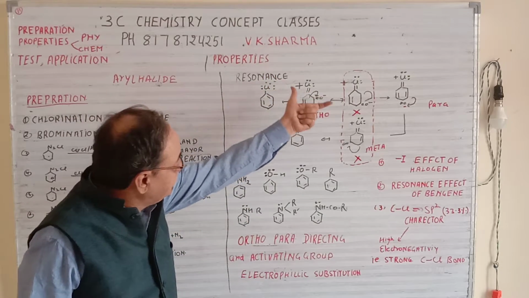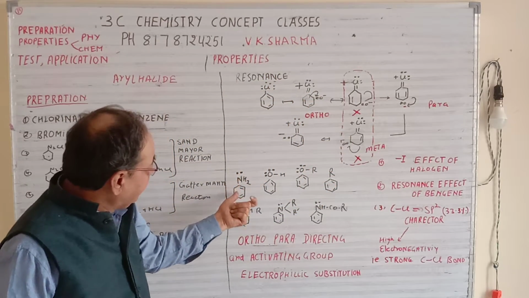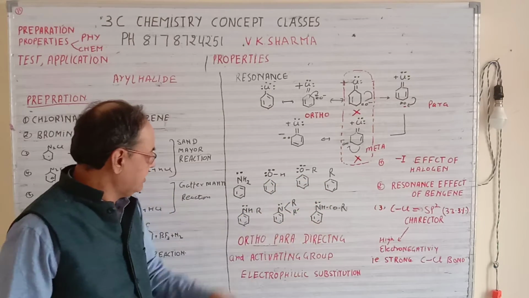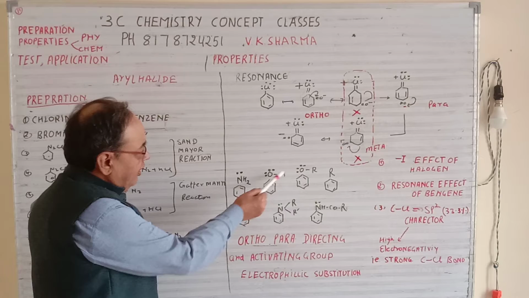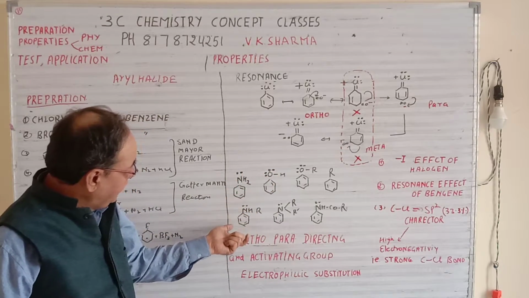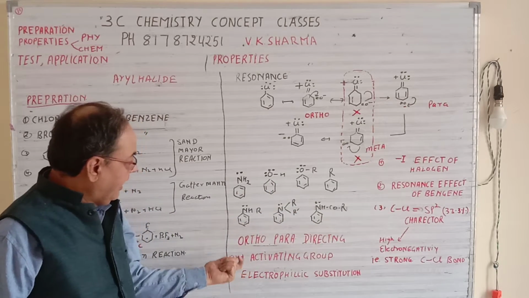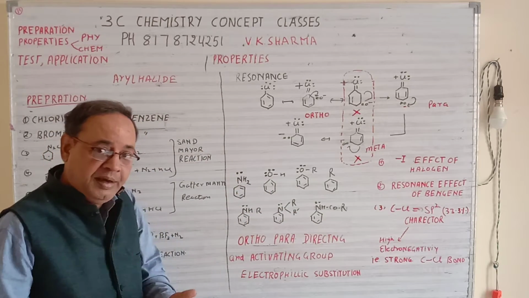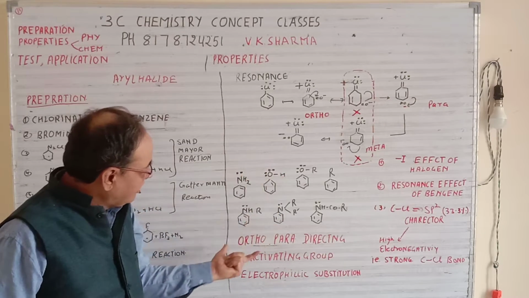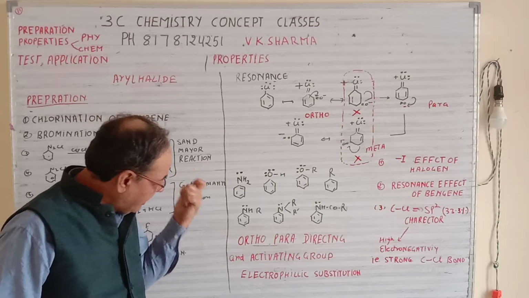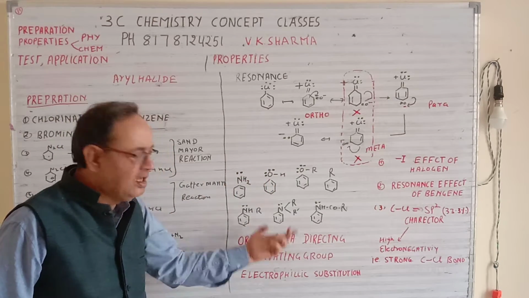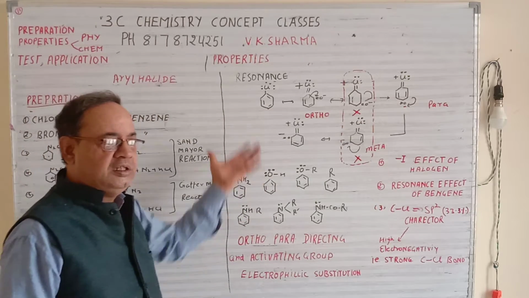So now see other molecules like NH2 and so on. All have one extra lone pair. So when they have the extra lone pair, all will be ortho para directing groups, and since the lone pair is there, the group becomes activated. So they are known as activating groups. So these are all ortho para directing as well as activating groups, plus all the reactions that take place on these compounds will be electrophilic substitution reactions. So this is your basic concept.